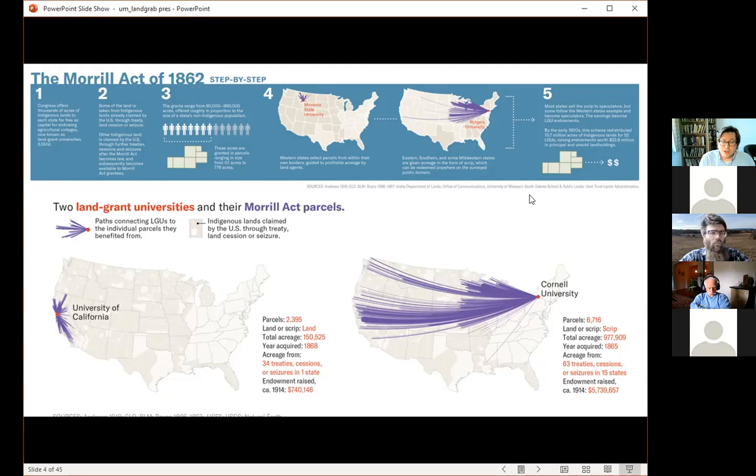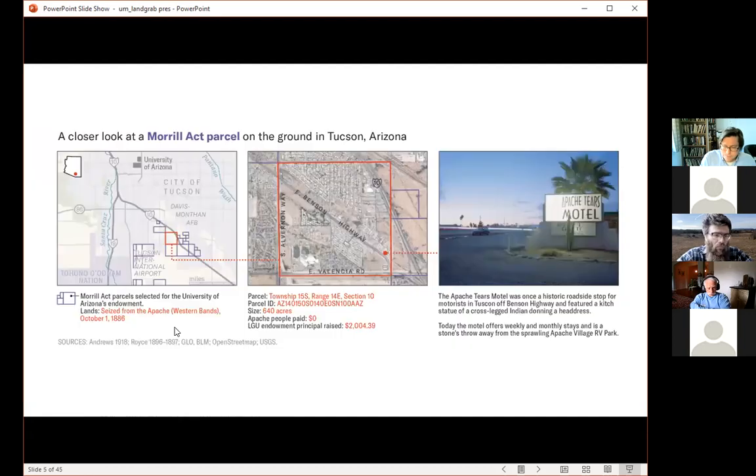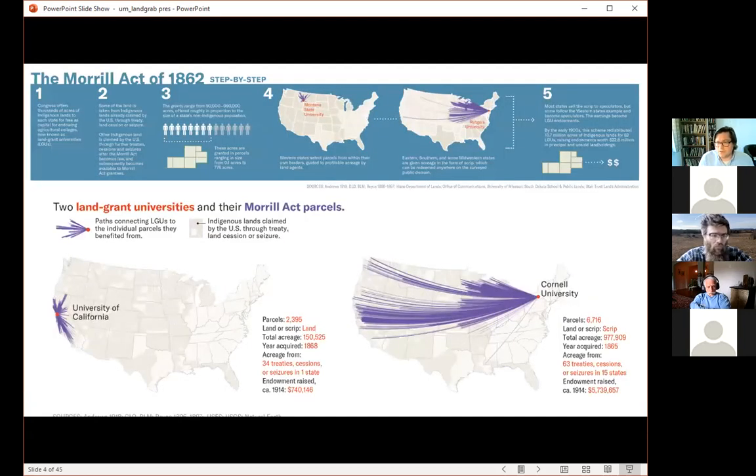Most of these states that get scrip are going to sell off the scrip to speculators, who are then going to either sell it on further or put in for the land themselves. Some of these Western states set up land offices. The University of California has a land office, and they engage in sort of long-term speculation with the selection and selling of this land. And what you see on the little red pullouts are the types of overview statistics that you can generate through this data-driven approach of trying to find all of the parcels and connect the entire